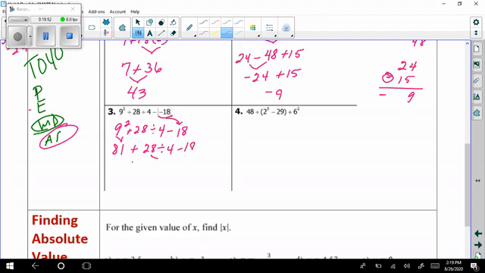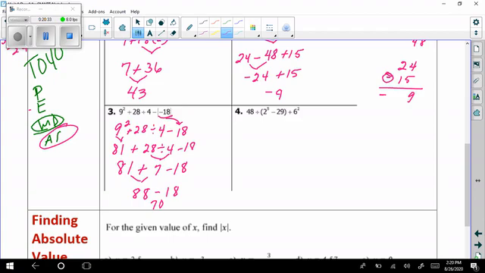The next piece we're going to do is the division, because it's addition, division, and subtraction. So we're going to go multiply or divide, so divide. So 81 plus 28 divided by 4 is 7, minus 18. Now, in order from left to right, we're going to add. So 81 plus 7 is 88. And then subtract 18. Now, 88 minus 18, well, 88 minus 8 would be 80. Minus 10 more is going to be 70. That one was a long one.